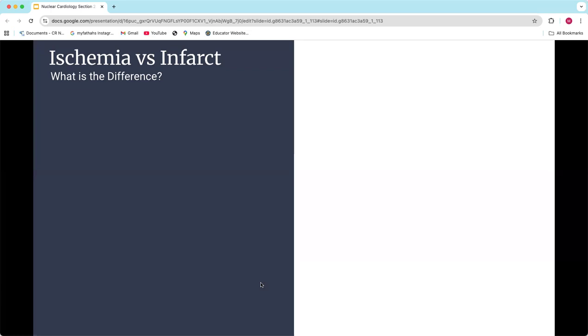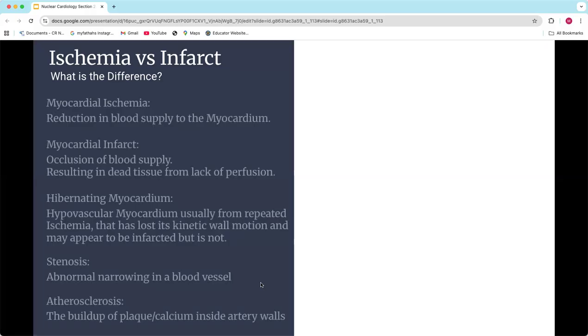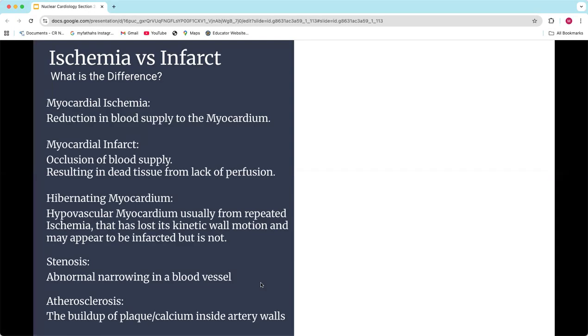Thank you. Yeah, you're exactly along the right path, Jesse. Ischemia, we might call a reduction in blood supply, which is basically what you said, right? So think a reduction in blood supply. And then myocardial infarct is, you mentioned the occlusion or the full blockage. What I want you to understand from that is, yes, full blockage resulting in dead tissue from lack of perfusion. So when you say someone has an infarct, usually they're talking about that stage where that heart muscle has died because of lack of blood flow.